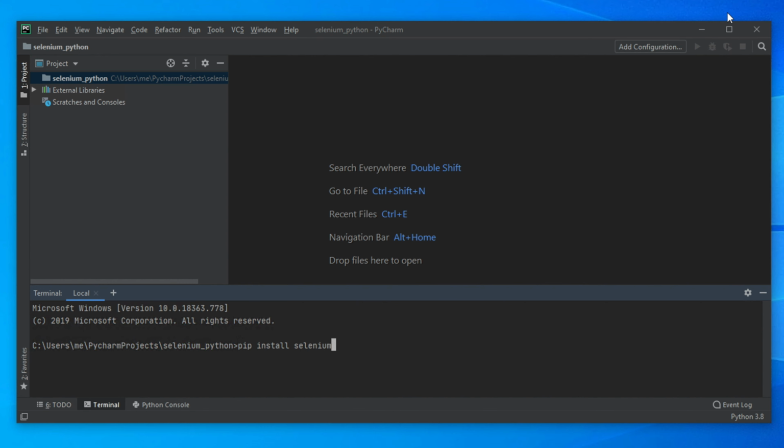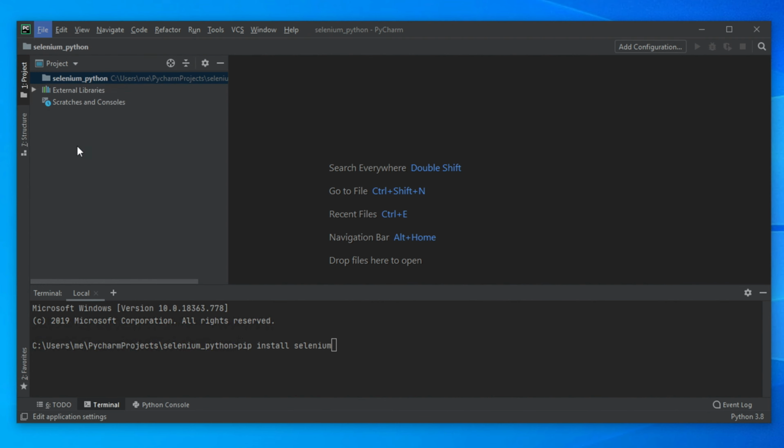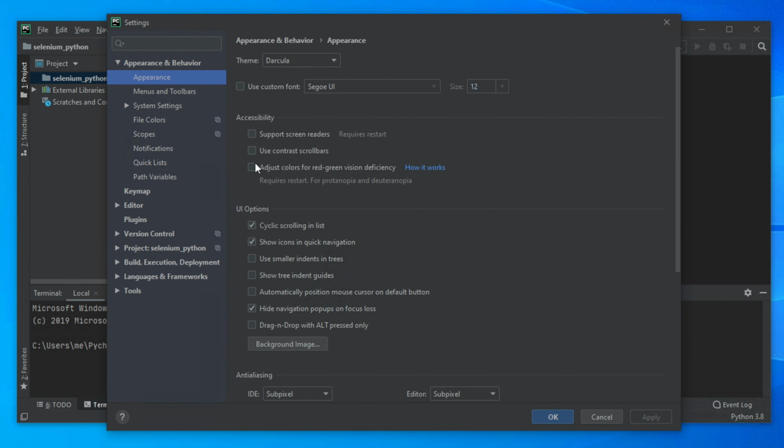So if we type this thing and hit the enter key, it will start installation of Selenium. So this is one approach, and there is another approach without writing anything, that is called the graphical approach. You have to click File, and then you will see there is one option like Settings. So we just need to go to Settings, and once you are in the settings place, then you will see that there is a menu called Project, and then your project name, Selenium